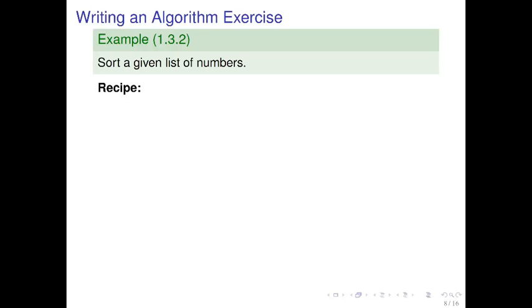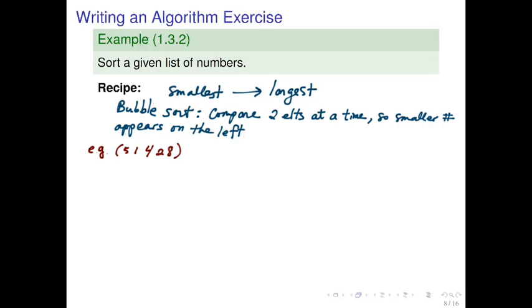I'm going to assume that I want to sort this list from the smallest to the largest. And I'm going to do this using something called the bubble sort, which is basically comparing two elements at a time and swapping so that the smaller number always appears on the left in the list. For example, if my list is 5, 1, 4, 2, 8,